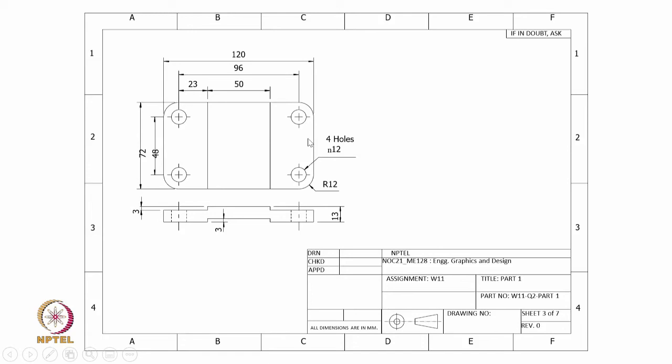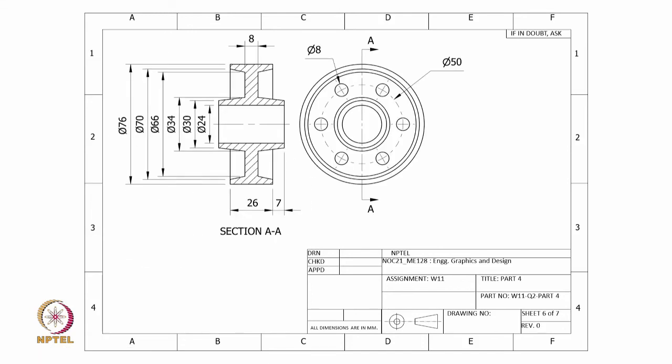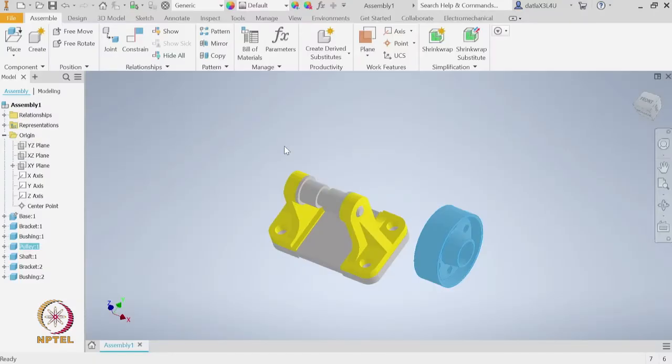But let us also study the pulley. Here is the pulley. We see that the total width of the pulley is this 26 plus 7 on each side. So, in total it is 40. So, which means the total width is 40 and the half width is 20. So, we will use this half width 20 as a reference dimension to place this pulley with respect to the base. So, going back to the problem.